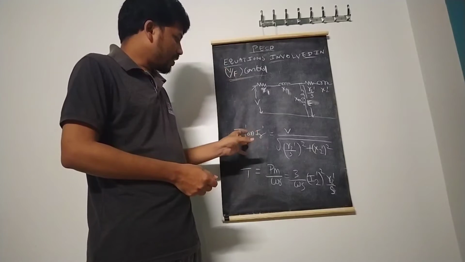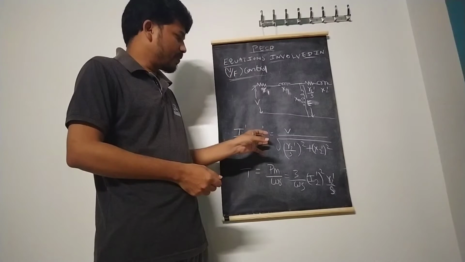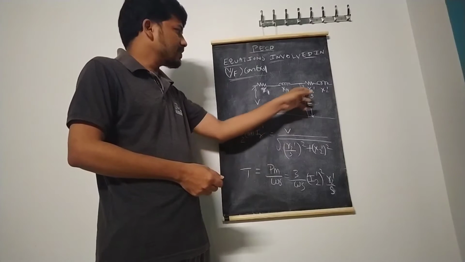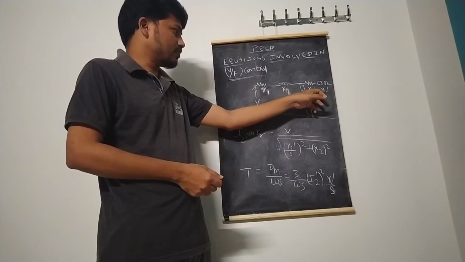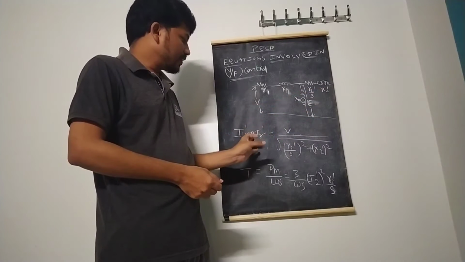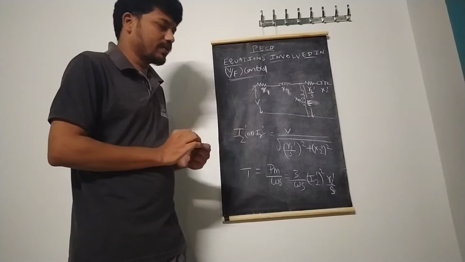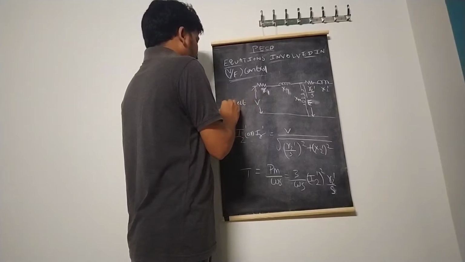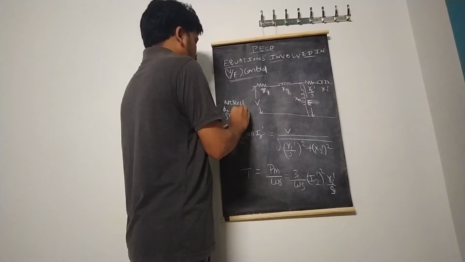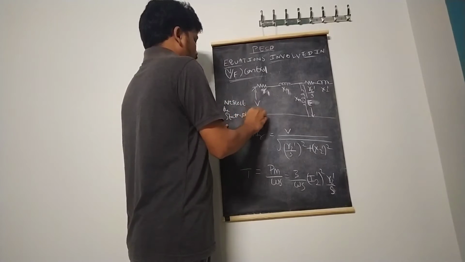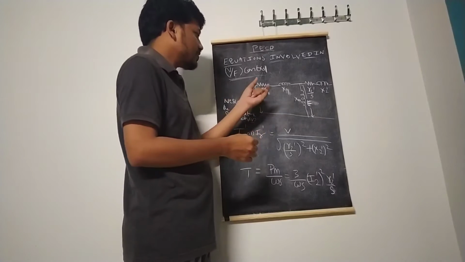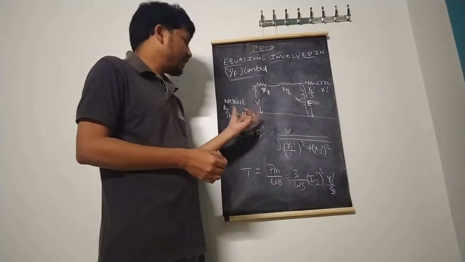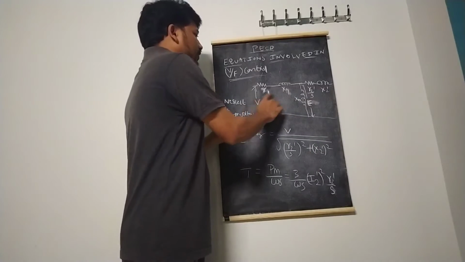So here the rotor current I2 dash, or IR dash in some textbooks, is equal to voltage divided by impedance. Here the impedance is the square root of (R2 dash by S) whole square plus (X2 dash) whole square. Because we are considering this entire V by F control concept, we neglect the stator voltage drop. In an examination, if you consider the stator voltage drop, then the impedance has (R1 plus R2 dash by S) whole square plus (X1 plus X2 dash) whole square. But if you neglect the stator voltage drop, then this is negligible.